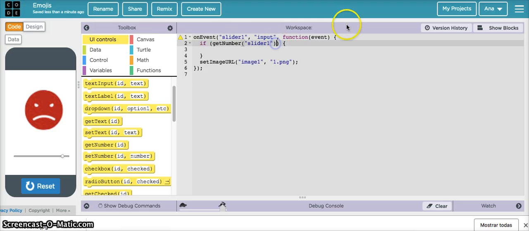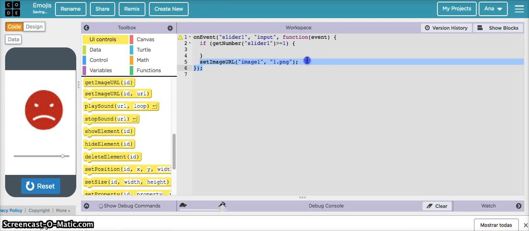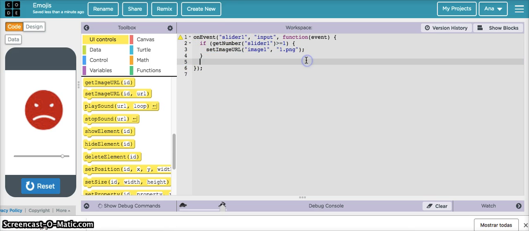If this value is bigger than or equal to 1, what I want to do is set the image to, I'm using text now because it's easier than just dragging blocks, I'm going to change it to image 1, right? So if the value,